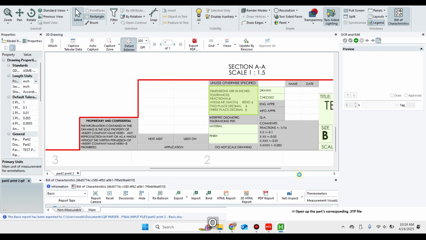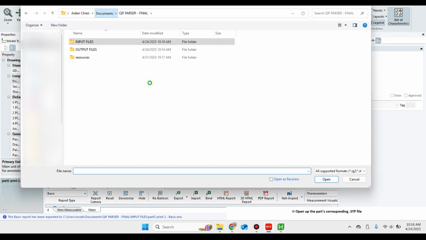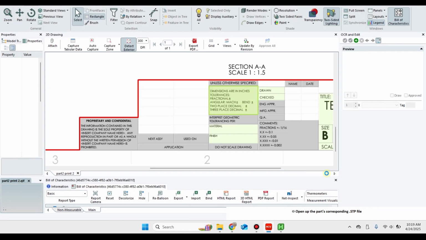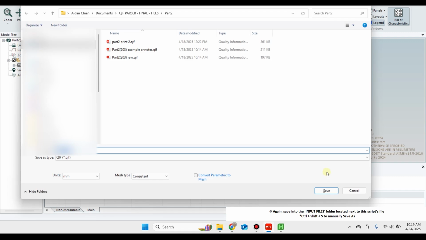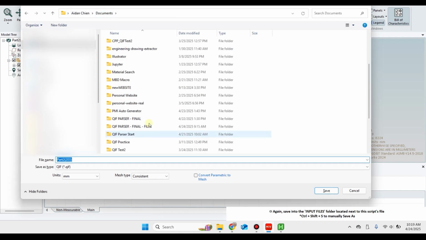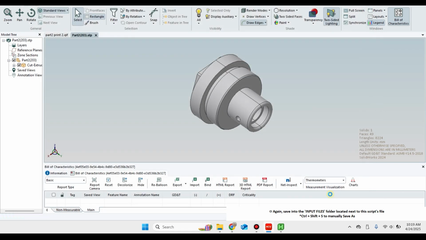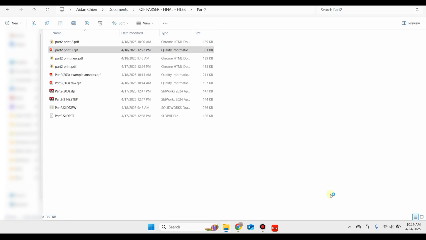Okay, now it's telling me to open up the part's corresponding STP file, and save it into the input files. And now the program is done. It's going to close out of the AutoHotkey script, close out of all the open tabs of MBDVidia, and then open up the